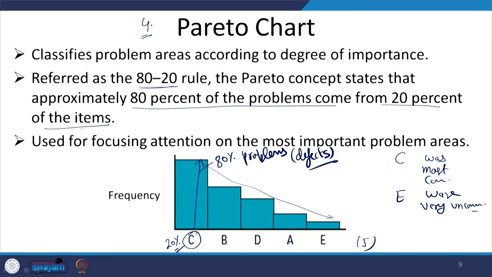So, one particular reason, that is the C reason, is responsible for 80% of the problem. Again and again it is failing, there are some defects coming because of this C reason. So, that is the meaning of Pareto. When you go for some kind of improvement exercise, when you want to have a better system, obviously the problem which is coming again and again, the defect which is occurring again and again, you will try to concentrate on that particular thing.